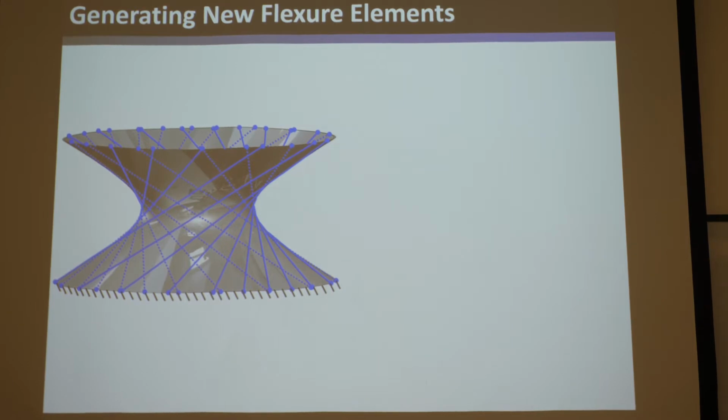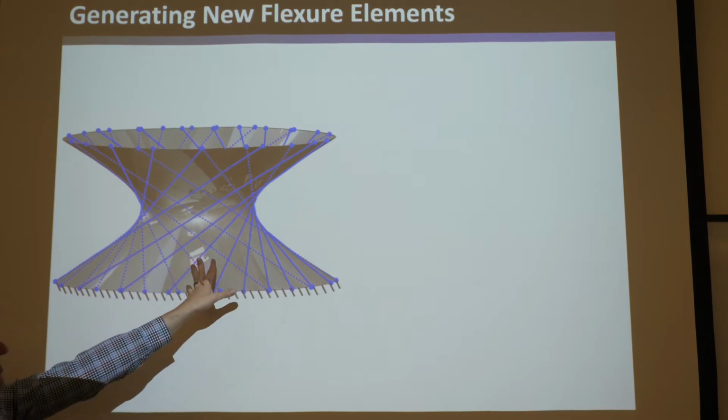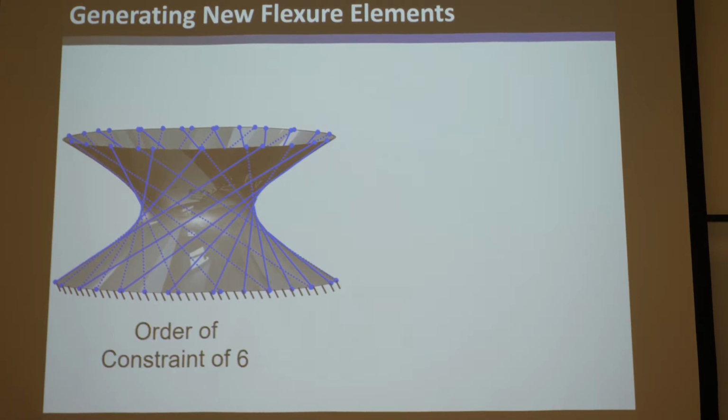It's obviously not over-constrained, right? Because it's a self-contained single element, and no element is of itself over-constrained according to our definitions. What's its order of constraint? Well, there's 3 from this set, the circular hyperboloid, then there's 3 from the dotted set. So since there's 2 rulings and each ruling has 3 independent ones in it, then this one has an order of constraint of 6. Okay, so 3 from one set, 3 from the other set. It's 6 order of constraint, and